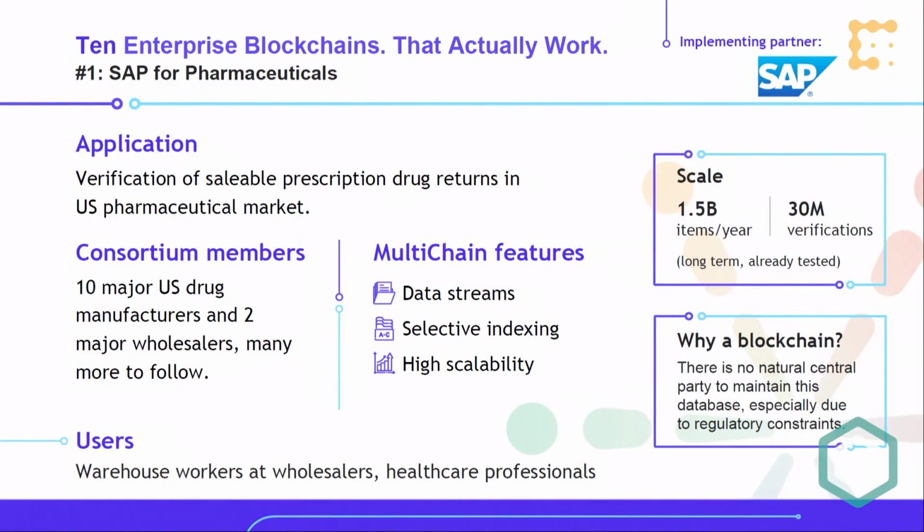So, first project. This has been implemented and is now in production, implemented by SAP in Germany. In the US, there's new regulation coming in which requires verification of pharmaceuticals after they are returned from their customer. So a customer buys some pharmaceuticals, let's say a hospital. The customer then ends up not using those pharmaceuticals and they return them back to the wholesaler. How do we know that those pharmaceuticals returned to the wholesaler, or that box of pharmaceuticals, is actually original product? Well, the answer is we need to create a database or a registry of pharmaceuticals that are shipped. Then every box that comes back to a wholesaler distributor can then be verified against that registry.